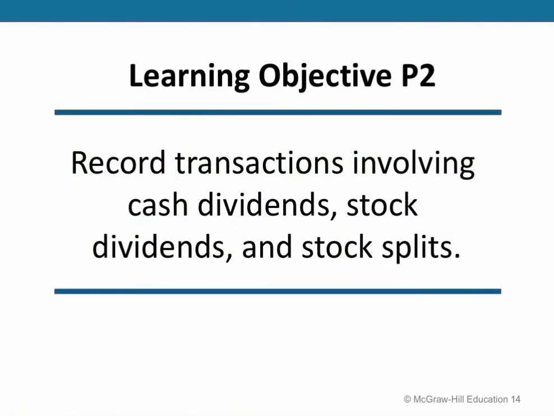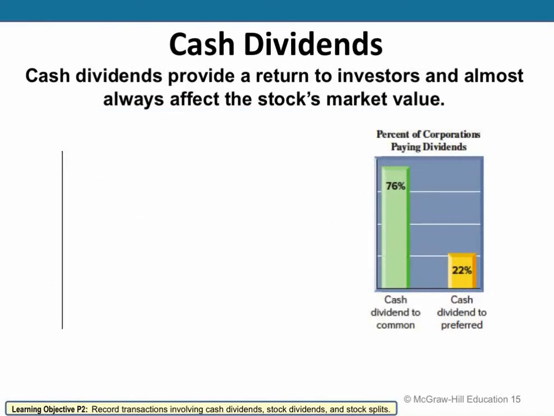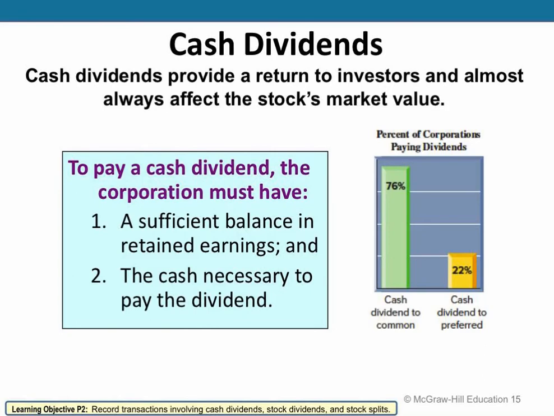So next we're going to take a look at transactions for dividend, stock dividend, or stock split. So first we're going to take a look at a cash dividend. These are typically going to be quarterly dividends depending on the company. To pay a cash dividend, they first have to have a sufficient balance in retained earnings, and they have to have the cash necessary to pay the dividend itself. If you don't have physical cash, you can't actually disperse it. And if you don't have sufficient retained earnings, then you're not going to be able to distribute those earnings to